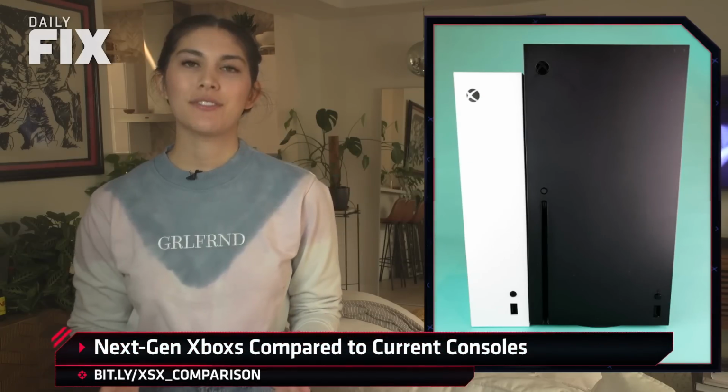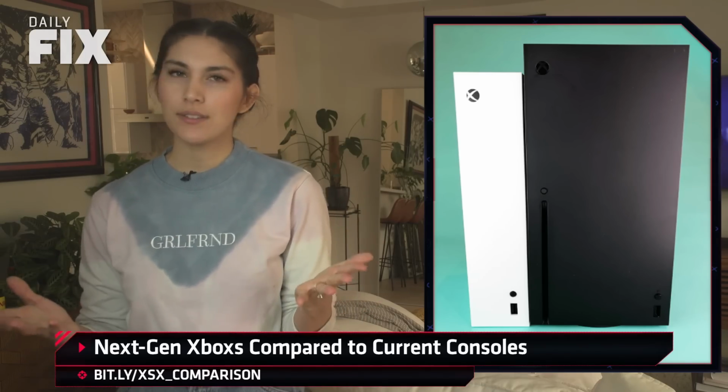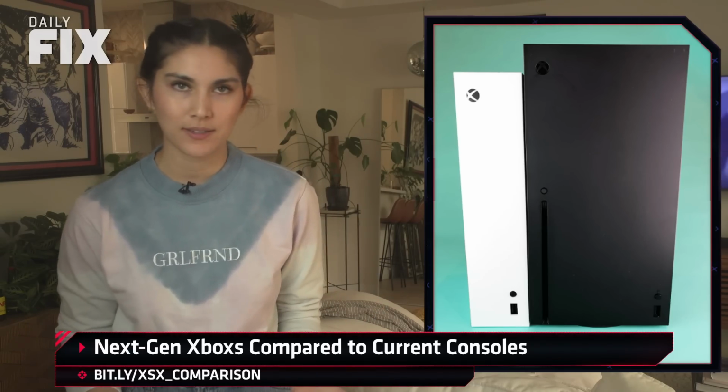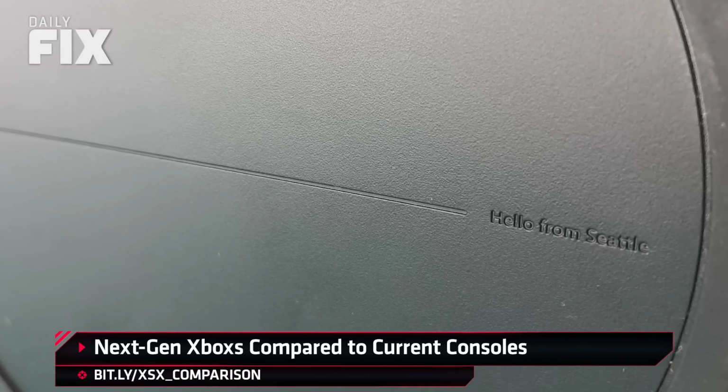So far this week, Microsoft has dropped the price, release date, and pre-order info for both the Xbox Series X and S. And now they've graciously sent our very own Ryan McCaffrey two for-display-only next-gen consoles, aka there's no actual hardware inside the boxes. And naturally, we compared them to our other consoles to get a better idea of their size and shape. Off the bat, there's some neat touches, like a tiny Hello from Seattle inscription on the bottom